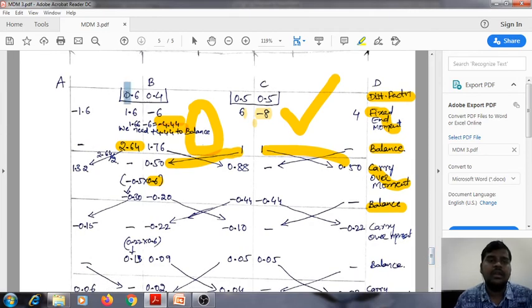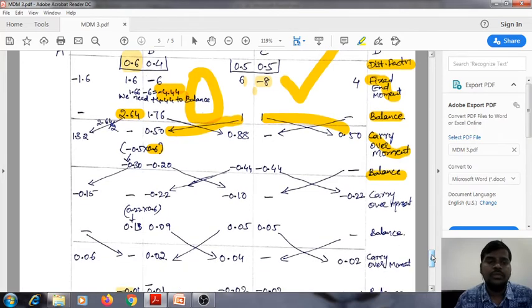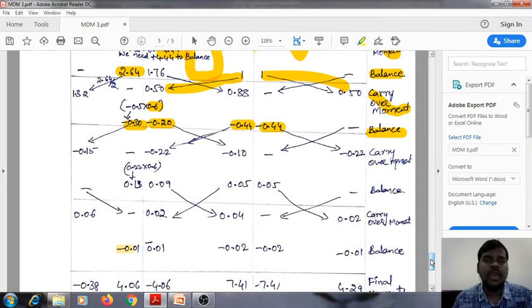So how we have done to get 2.64 here, a balance, in the same manner we have to do here also, minus 0.30. Similarly 0.20 and also minus 0.44 and minus 0.44 we have to do. Next we have to carry over these two moments also. Similarly, as we have done in the first step, 0.3 divided by 2 and 0.2 divided by 2, 0.44 divided by 2, 0.44 divided by 2. So these are the carryover moments.